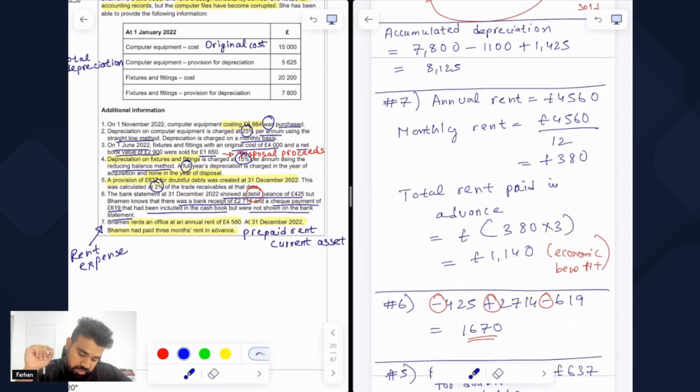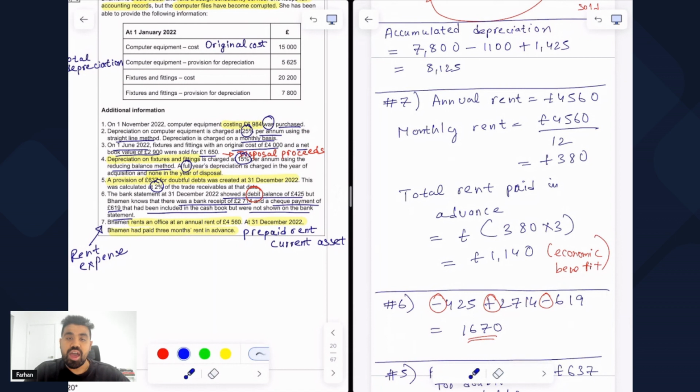So what we have done here, we know that the annual rent is £4,560. We calculated the monthly rent, assuming that the rent is evenly distributed, which is the case everywhere. So £4,560 being the annual rent divided by 12 months gives us the monthly rent of £380. Now, we want to find the value of the rent that we have paid in advance, which is simply multiplying £380 with 3 because we have paid for 3 months in advance, and that means that £1,140 of rent has been paid in advance, which is what we call a prepaid rent and which is what falls under the category